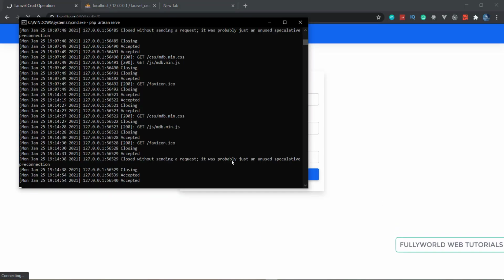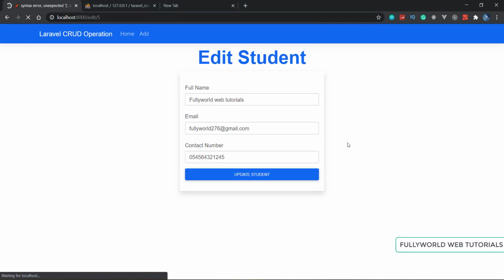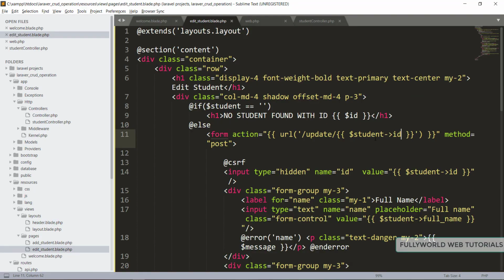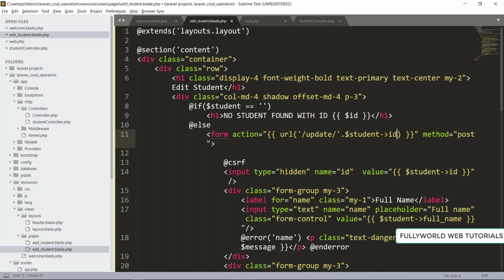What is happening here? So we are getting one syntax error. So here we will do one thing. Here we will not use interpolation. Instead of interpolation, we will use concatenation. Here it will be like this.